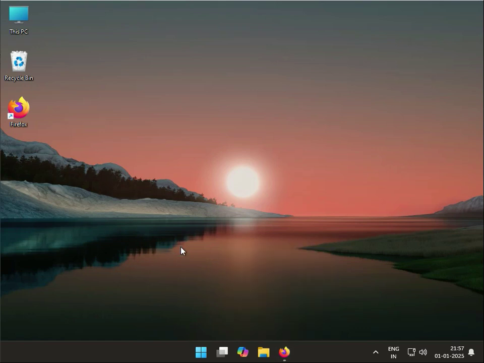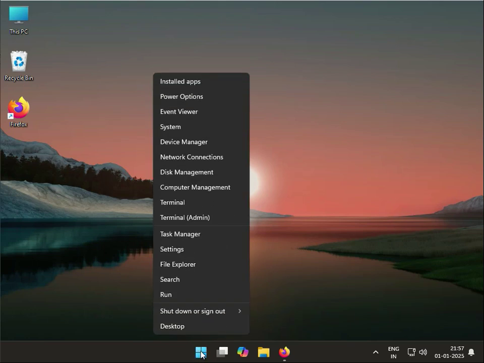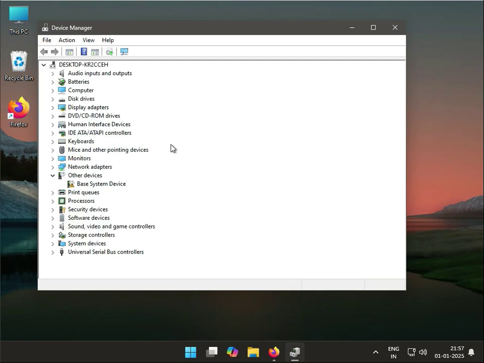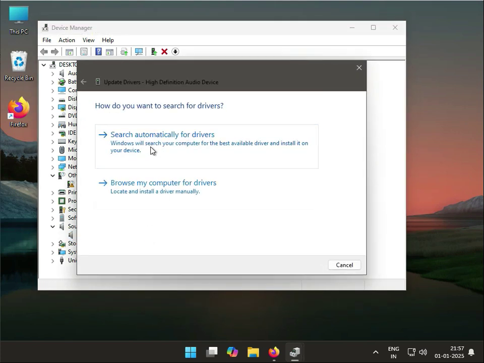So guys, related to Realtek audio issues, check the installed driver version. Okay, so right click the Windows icon, means the start icon, go to Device Manager, expand Sound, video and game controllers, and then right click, update driver, search automatically,